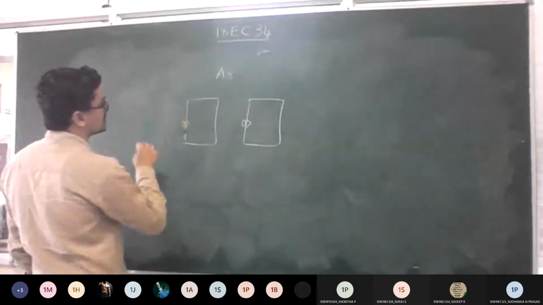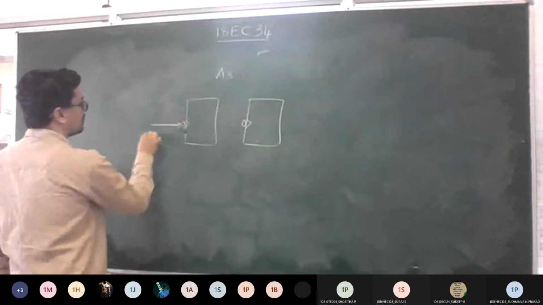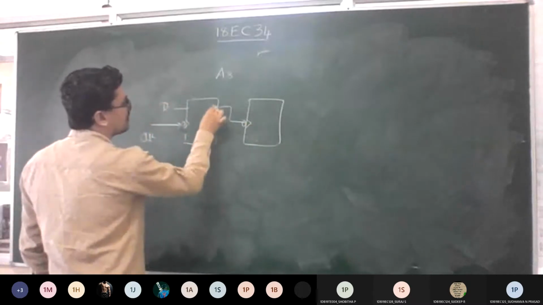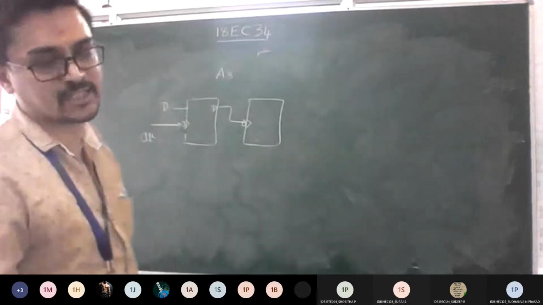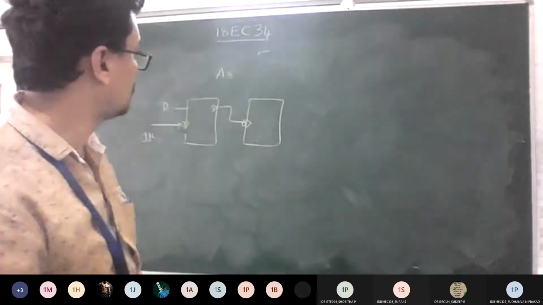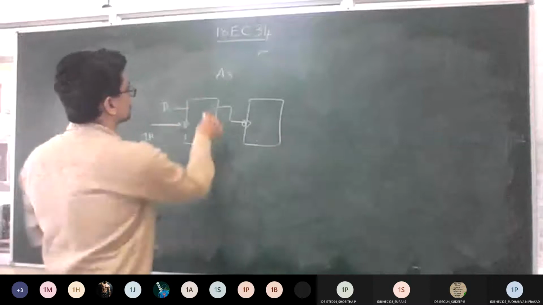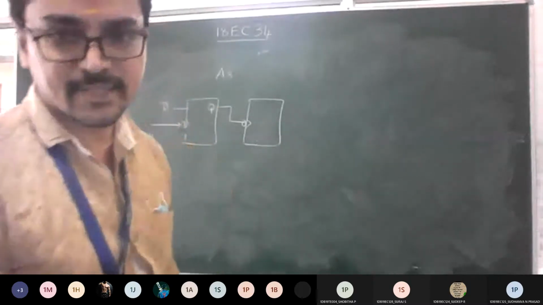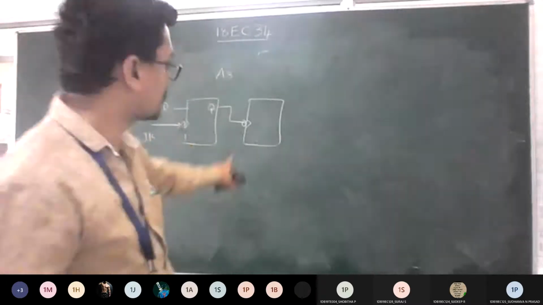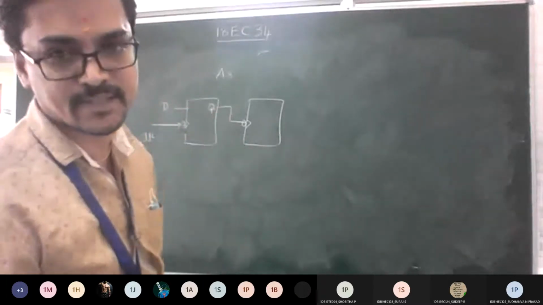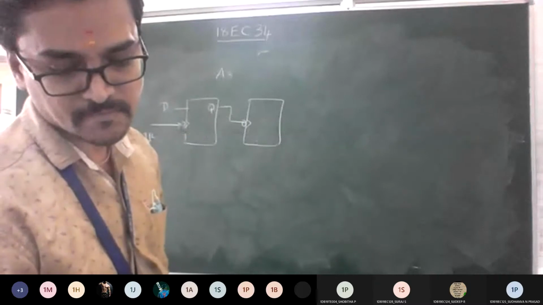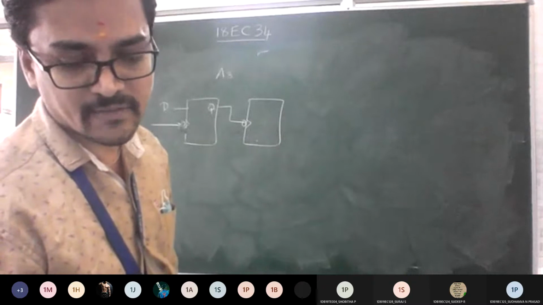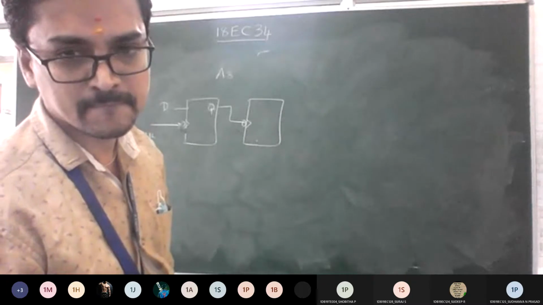If it is asynchronous, what is the category here? The clock is fed here. Assume D is an input; from this input, I am waiting for a clock. Is this the combination you learned for asynchronous? Cut and draw. In asynchronous, your clock depends upon the previous state. Yes or no? Everyone, is it fine?